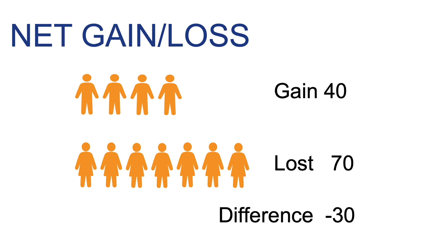So if we look at attrition here, we could look at it in terms of net gain or loss, and we could do that, as I've already suggested, by site or by the company level. So we could say to the teams, this month we joined 40, but we lost 70. Therefore, the difference, we're down 30. I don't think there's a member of staff that doesn't understand what you're trying to present here.